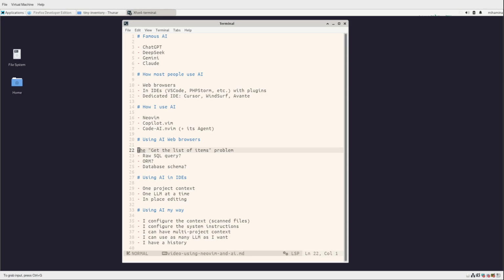Hello everybody, today I'm going to show you how I use Neovim with my Copilot.vim plugin and the CodeAI.nvim plugin and its agent, which are all Neovim plugins that I wrote in order to build my own development environment using LLMs. But first of all, let's get a tour of why I wrote this CodeAI.nvim plugin and